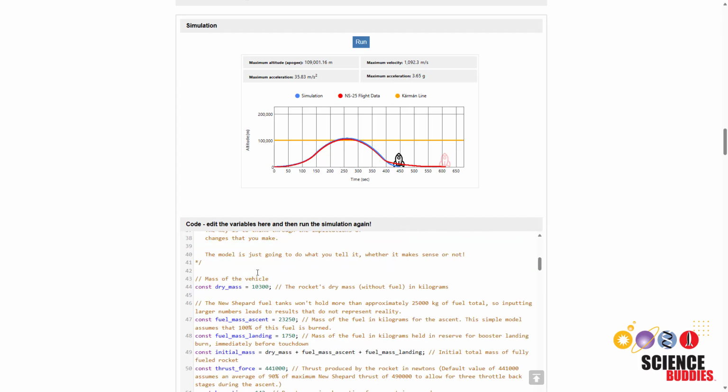results. For example, I can increase the rocket's dry mass to simulate a heavier rocket with a bigger payload, and rerun the simulation to see how this affects the simulated trajectory, including the rocket's maximum altitude or apogee, maximum velocity,